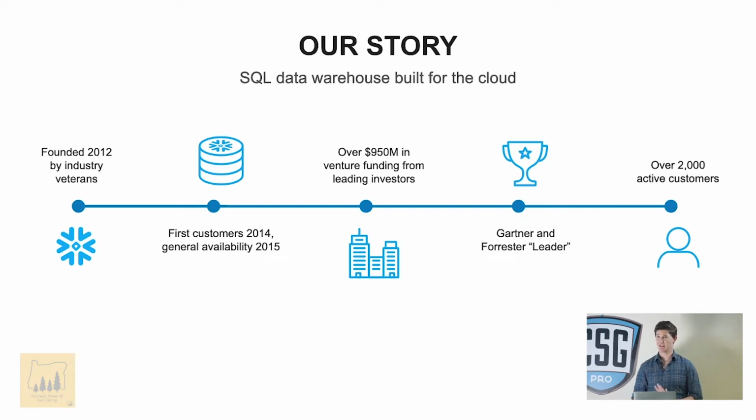So we've only been GA since 2015. Since then, almost $1 billion in VC funding. You go on Gartner, Forrester, Dresner, you'll see we're a leader. I'll just name a few: the number one startup by LinkedIn, number two cloud company by Forbes. There's a lot of cool hype, which is fun. I think it's actually 2,500 active customers, including local ones like Discover.org, iOvation, and a certain sports apparel company out in Beaverton that runs 90% of their workloads on Snowflake.